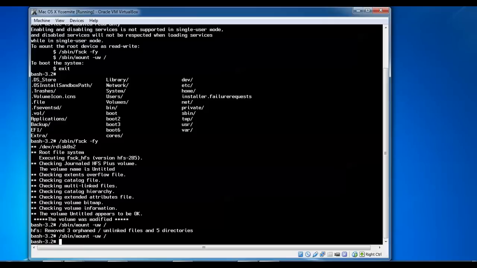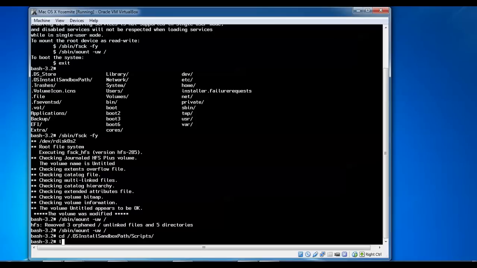It will come up with the installation directories and remove the unwanted file system. Everything is going to come up here. That will take 10 minutes more. So now I'm going to enter into the directory, type cd /OS X install sandbox spark. After that, you need to type the script here. Press enter here, and now you need to type ls here.